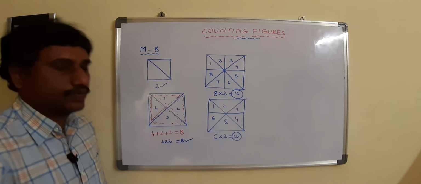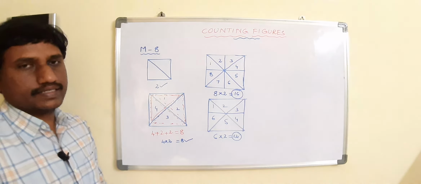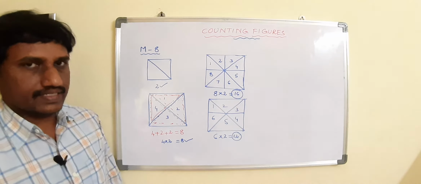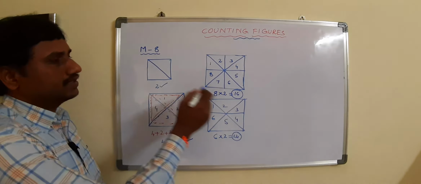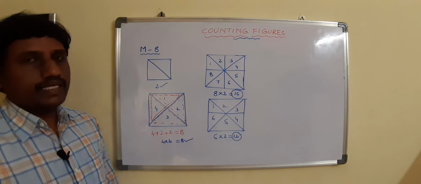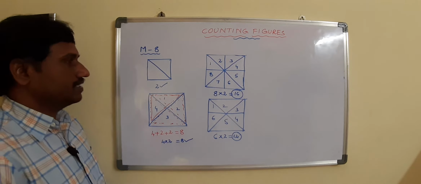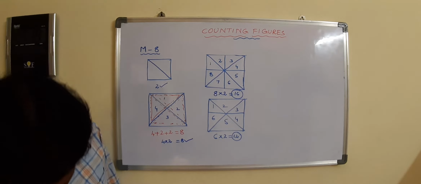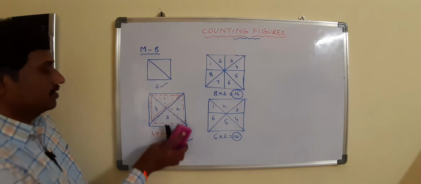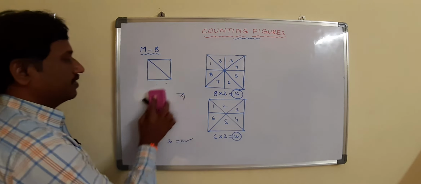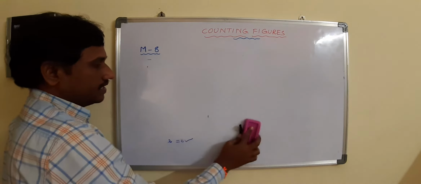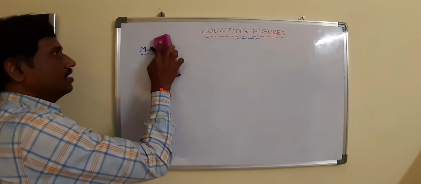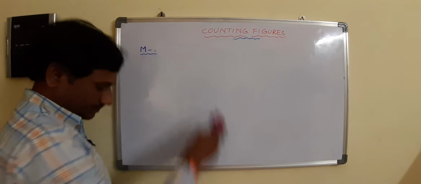But in competitive exams like NTSC or maybe some SSC or some railway exams or bank exams, they won't ask directly this simply. They will ask in combinations, which we'll see in the next model. It is the basic model, dividing the inside of a square into triangles. Now we'll see the next model, nothing but combinations of these.